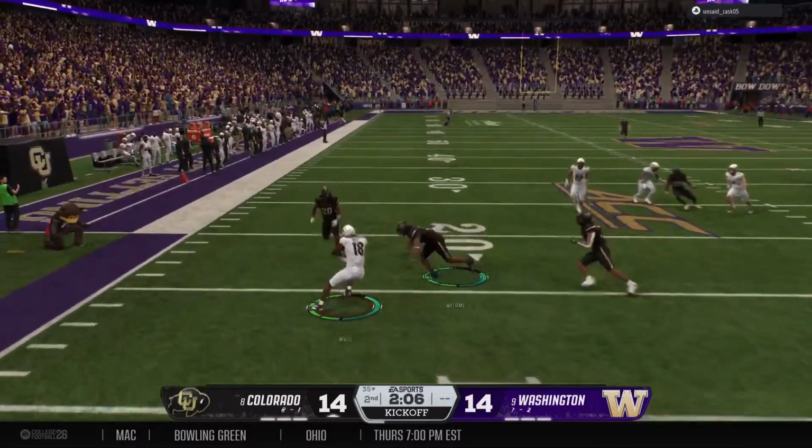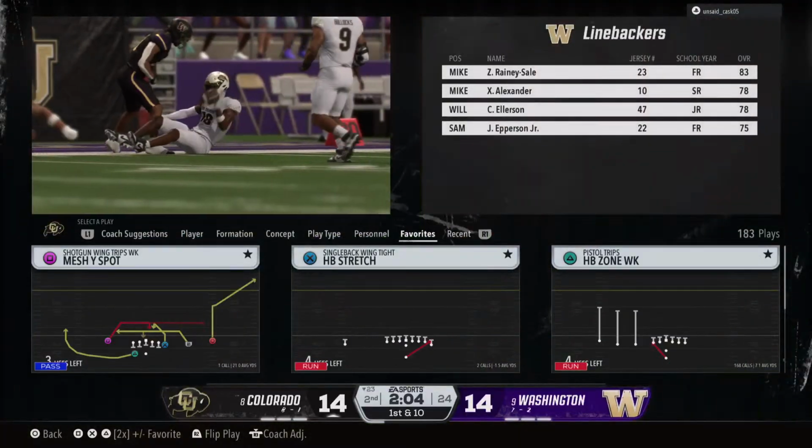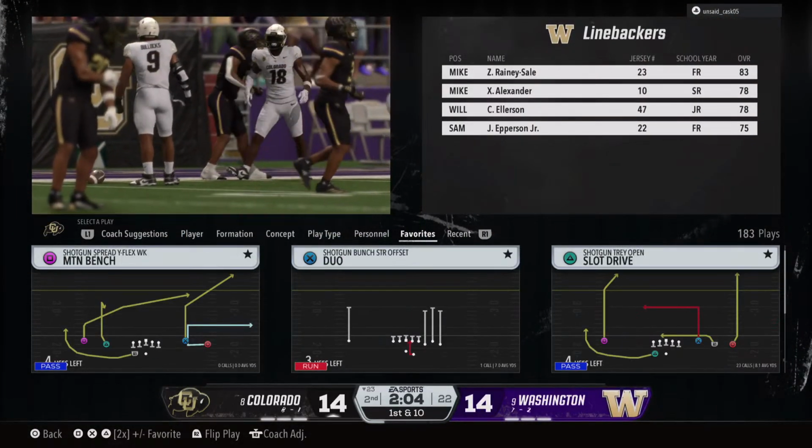From inside the 10, here he comes. He was looking for more running room, but none to be found as he stopped at the 23.